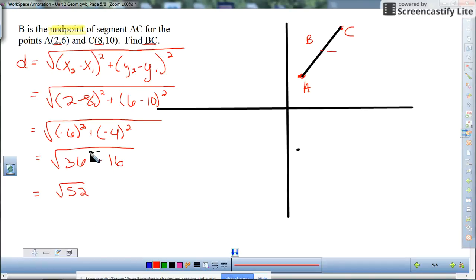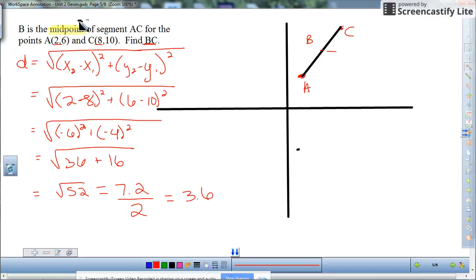So that would be the length of the entire segment AC. So if I wanted to cut that into 2, I would divide that by 2, correct? Well, I can actually find the decimal equivalent using my calculator, and that would be approximately 7.2 for the entire length. So in order to find the length from B to C, that would be half of that. So I would need to divide that by 2. And when I divide that by 2, I get approximately